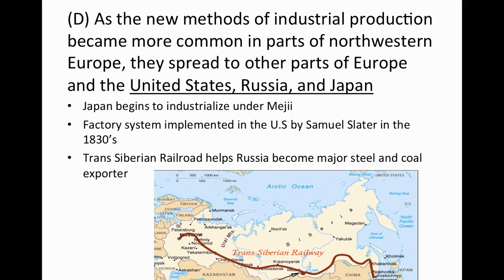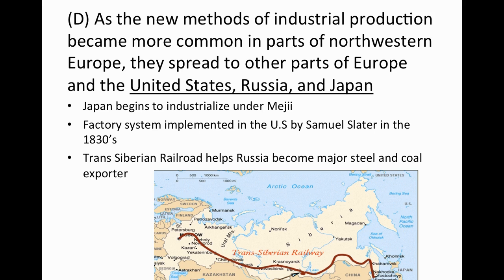Japan's going to go from being isolated during the Tokugawa dynasty to an industrial or more westernized society during the Meiji Restoration, right? The factory system is going to spread to the United States when an Englishman named Samuel Slater moves here and starts building factories. And Russia, under Peter the Great and Catherine the Great, we're going to see more westernization, more